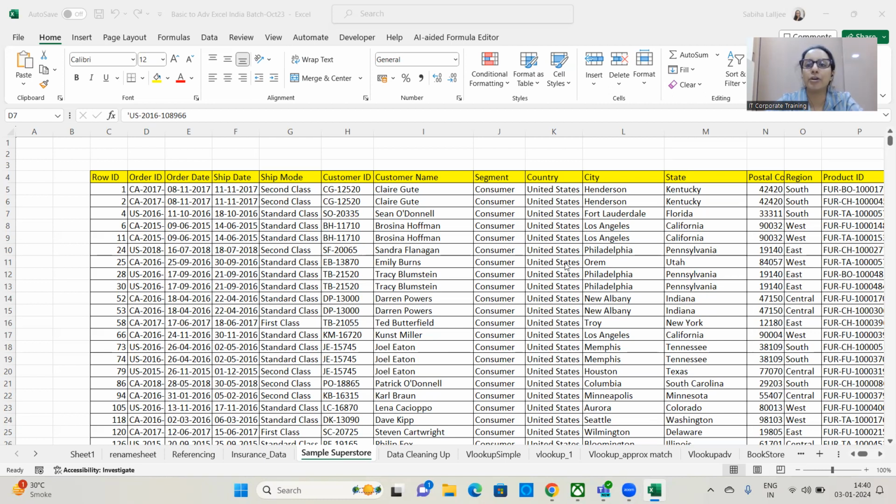What is a dashboard? More than one chart. So you have 2 or 3 charts and you have certain sliders or buttons which help to control everything. That is a dashboard. Now, what we are going to do is we are going to create 3 different pivot